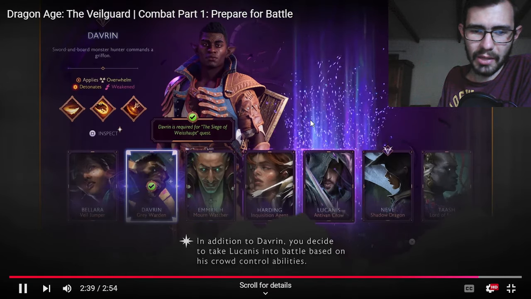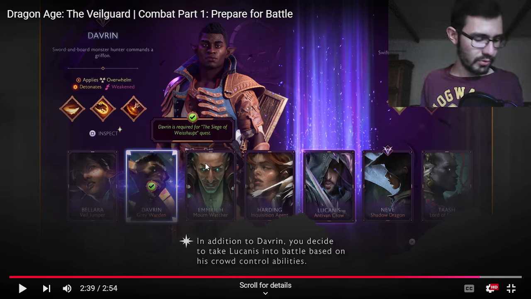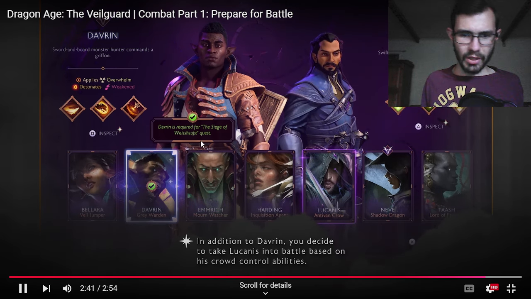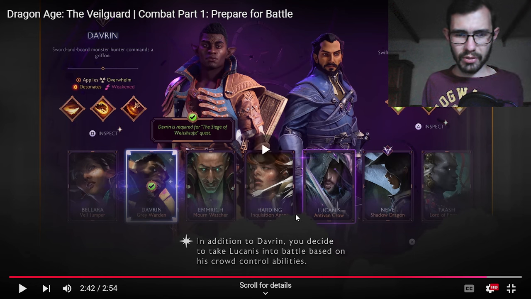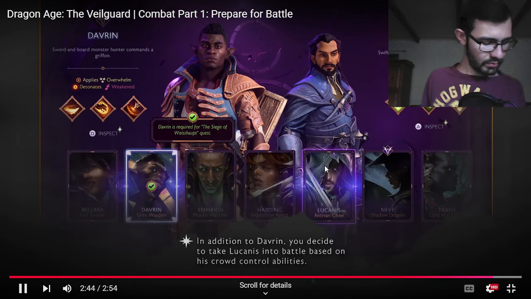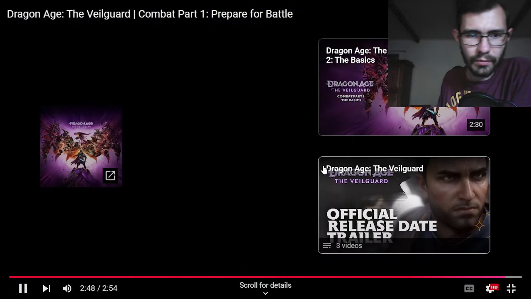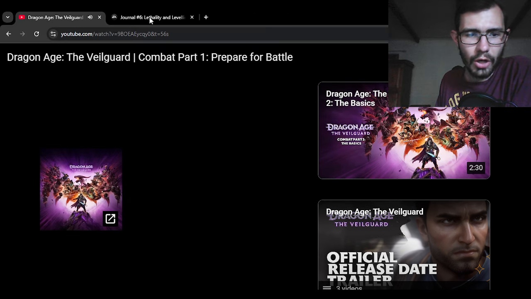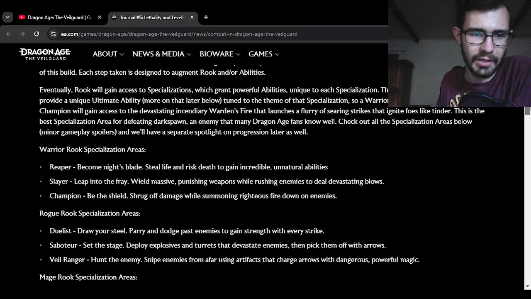Okay, so this is the companion selection. Oh, this is very reminiscent of Mass Effect 2, which is interesting. Davin, you decide to take Lucans into battle based on his prior abilities. Okay. Okay, and that's it. So then we'll read this a bit later, but just some of the